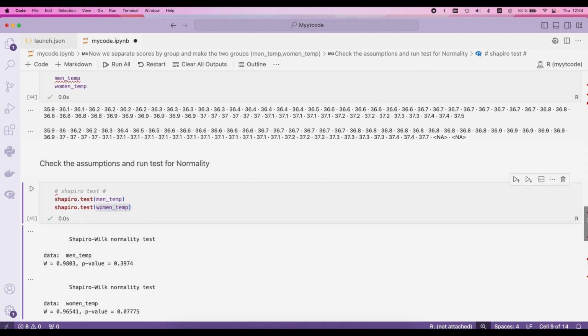And now the last thing I need to do before I run the t-test is to check the variance. So I need to know whether the variances are equal or not, because the type of t-test I conduct, the formulas that are used and the calculations that are done will vary depending on whether the data have equal variance or not. So I'm going to use the